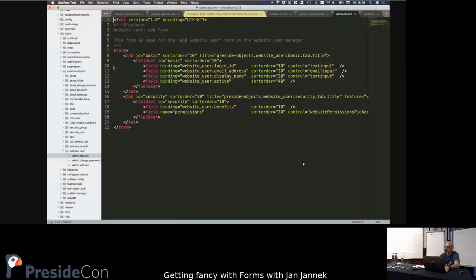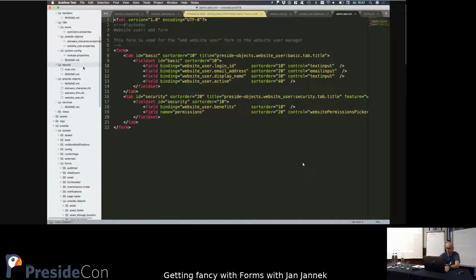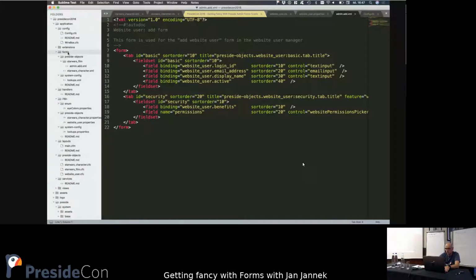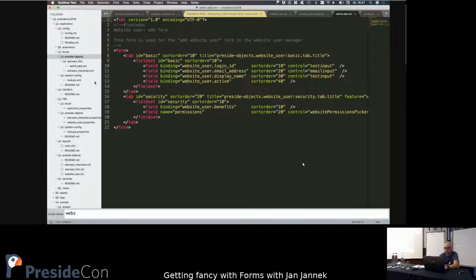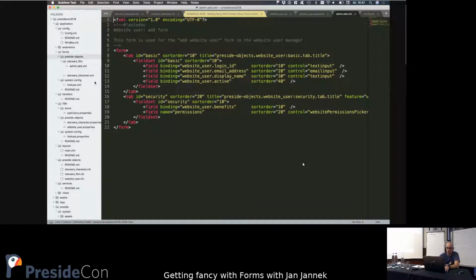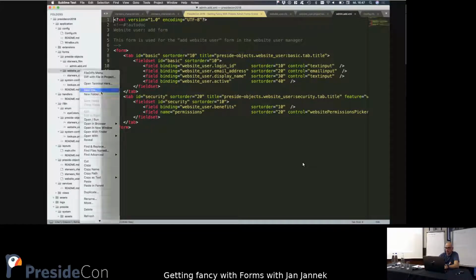What we now could do is, we don't need to pick the whole thing, we can only do the adjustments to that form in our application code, which would mean define beneath forms, Preside objects, new folder website user, define that field